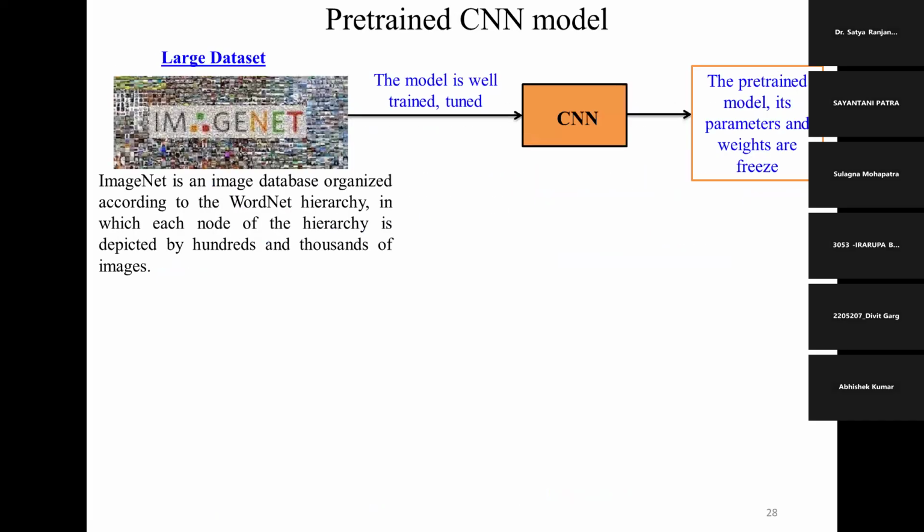However, currently most people use pre-trained models, and the pre-trained dataset generally used is called ImageNet.